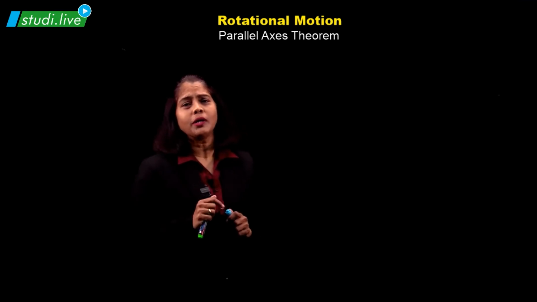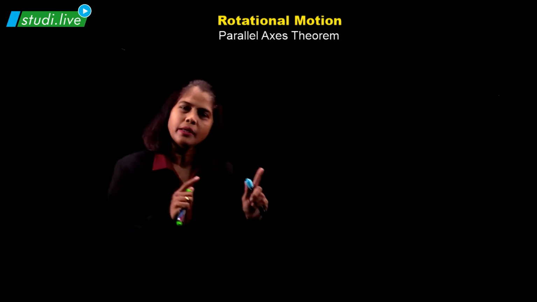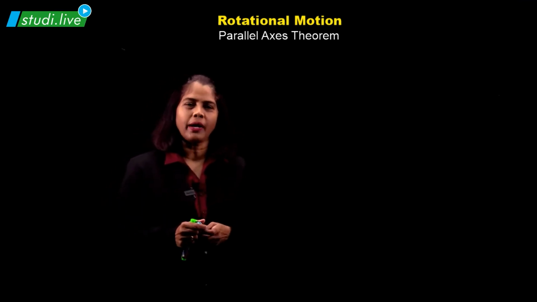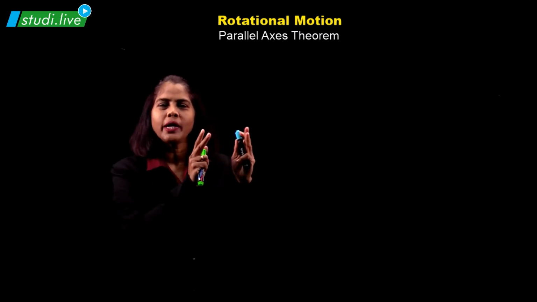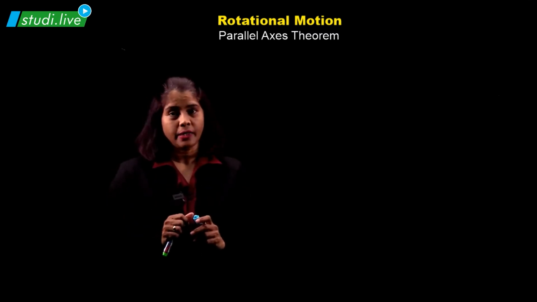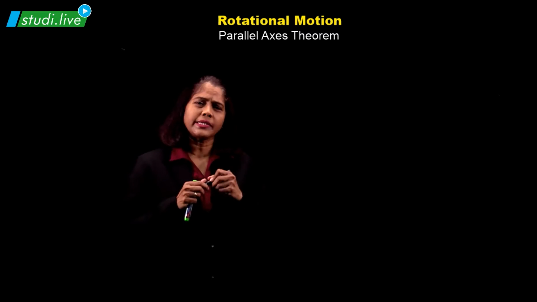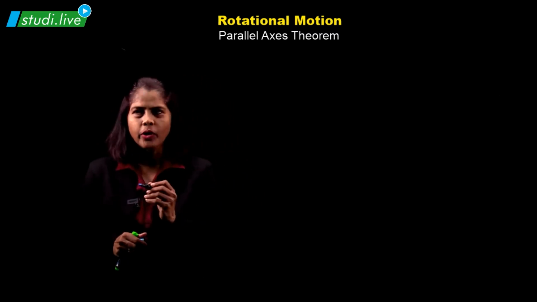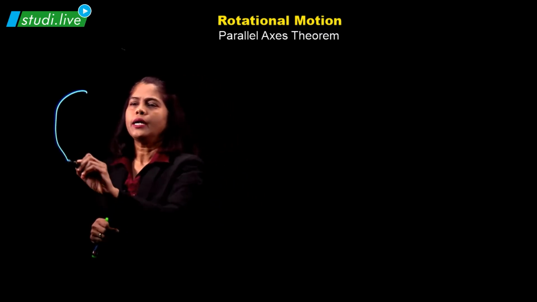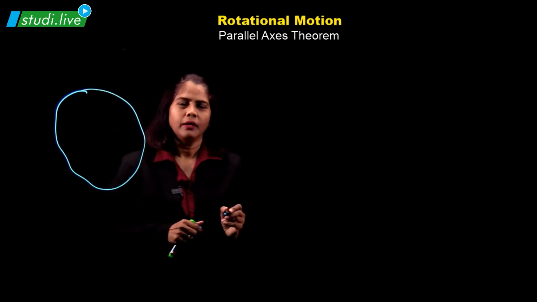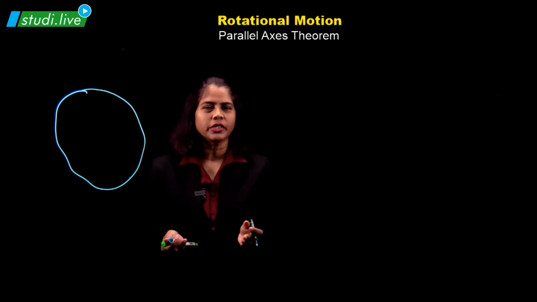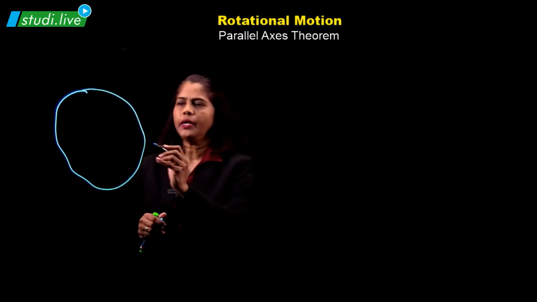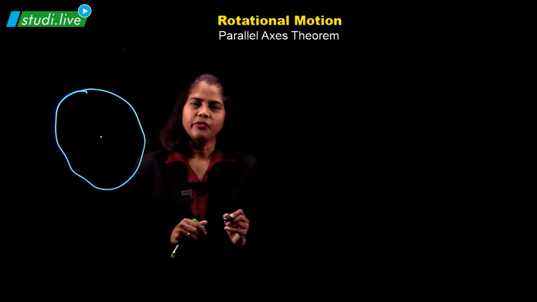and apply the Pythagoras theorem, and of course the definition of moment of inertia. So today we are going to learn about the parallel axis theorem. As the name suggests, parallel, you can understand very well that two axes must be parallel in this case. Okay, let's just talk about the same thing. We will take a rotating body. Let us see that this is a rotating body, not necessarily of a particular shape, it can be of any shape.